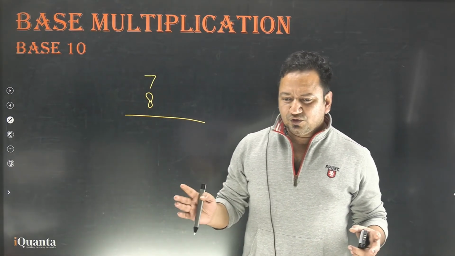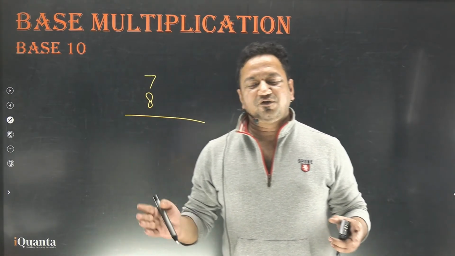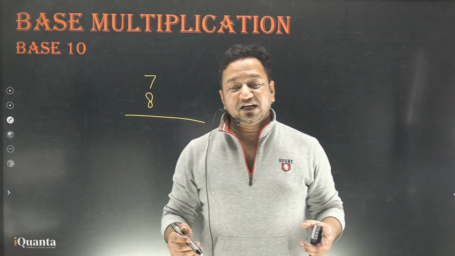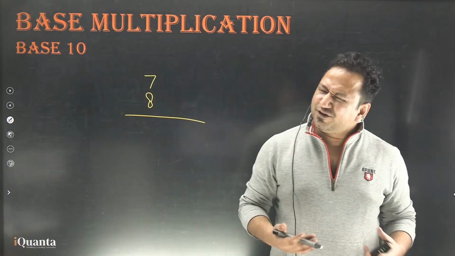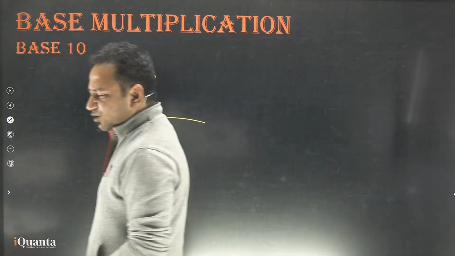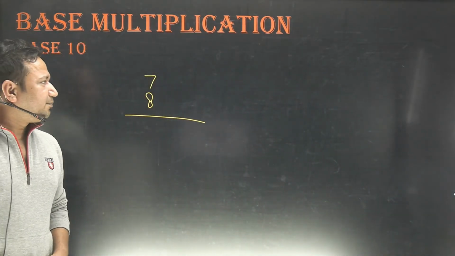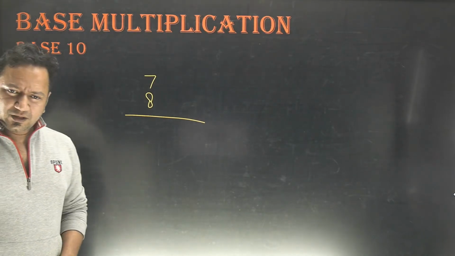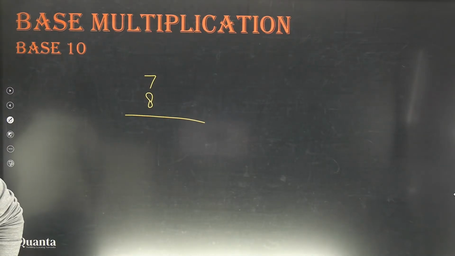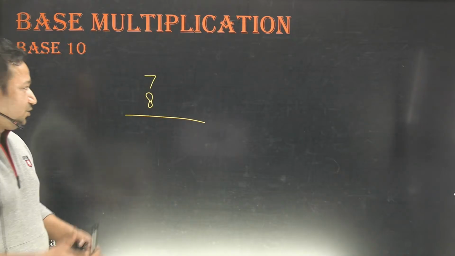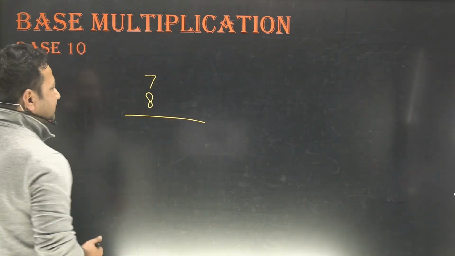Think when you were young kids, standard first or second, and the multiplication tables were basically a pain, right? 7 8s are 56. Okay, we know it because we have been doing it for 20 years. But at that time, it was so difficult, isn't it? What if someone told us this thing at that time? I don't know why they don't tell us, but look at this.